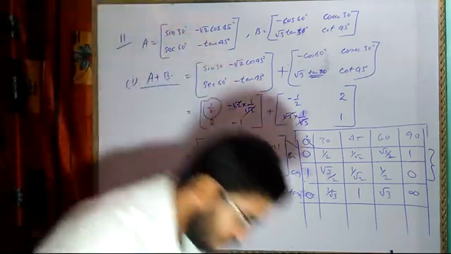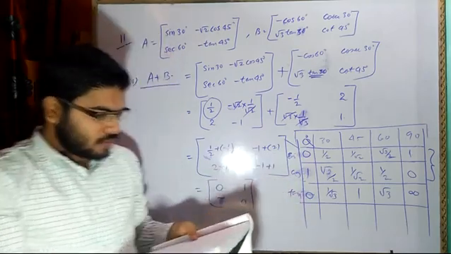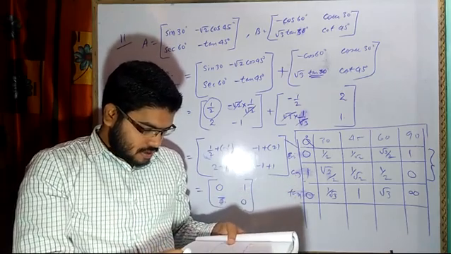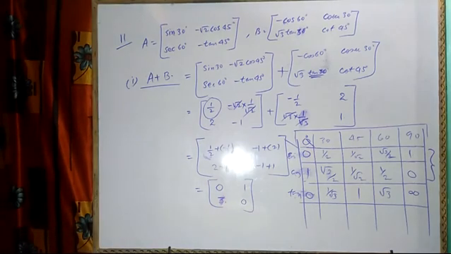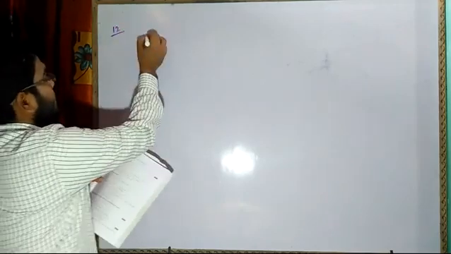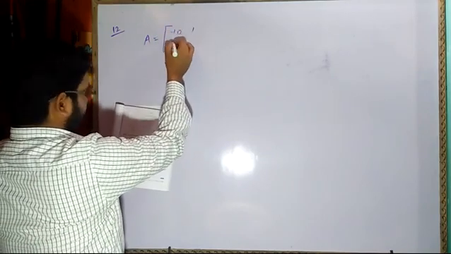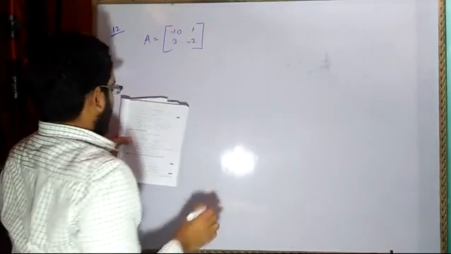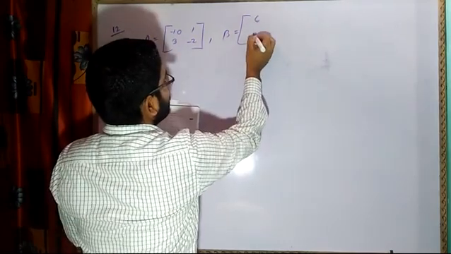So here we finished question number 11. Next I will be discussing question number 12, and then I will be moving on to question number 17. Only these two questions, 12 and 17, I will be solving from this exercise right now. Now question number 12 says that matrix A is equal to minus 10, 1, 3 and minus 2, and B is a matrix whose value is given, 6, 7.